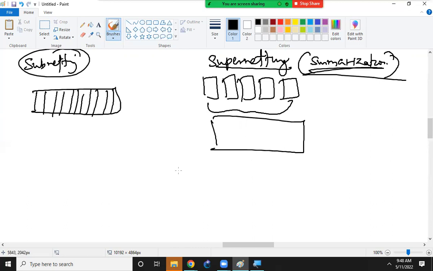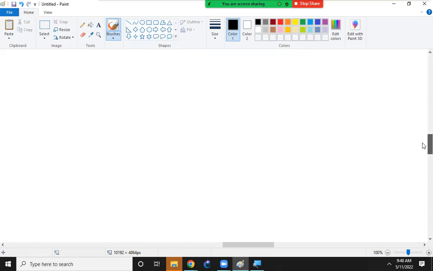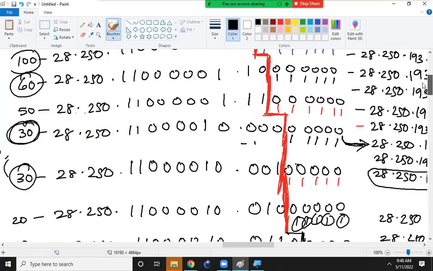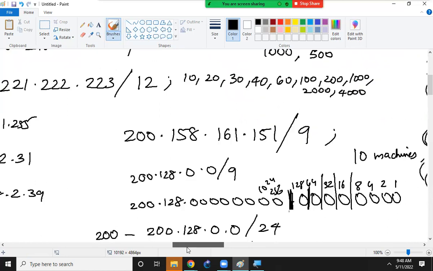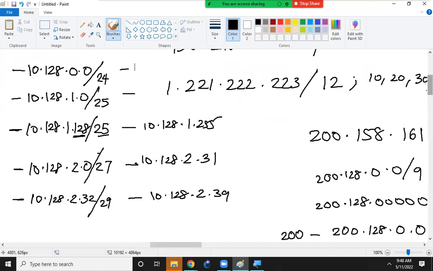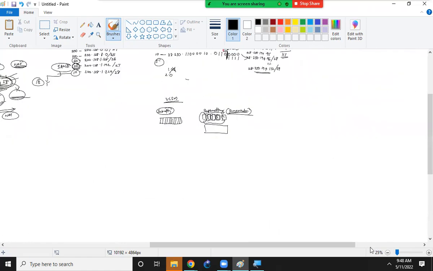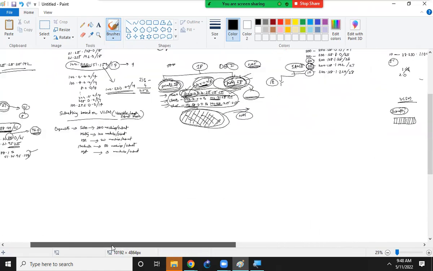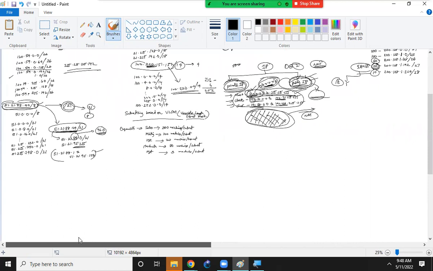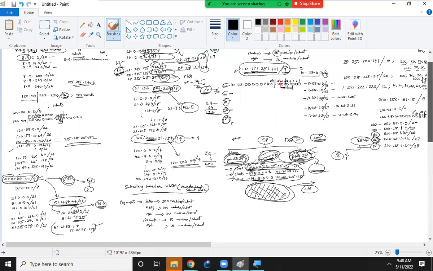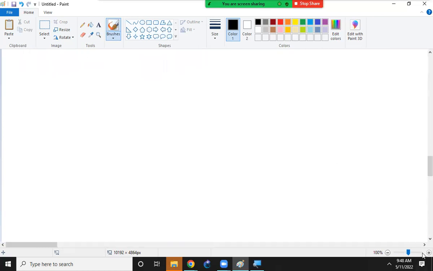Let me tell you. Suppose I'm giving you multiple subnets like this. Let me take some subnets here. Just give me a moment. Or let me take a new one. It's completely confused. So now let me take something like this: